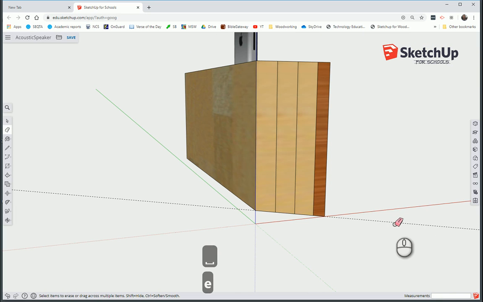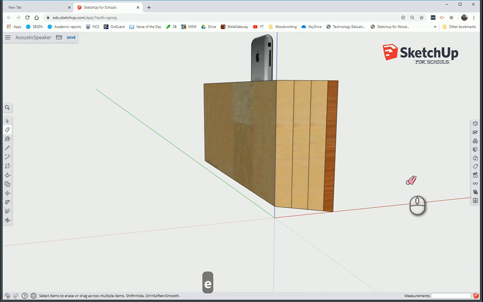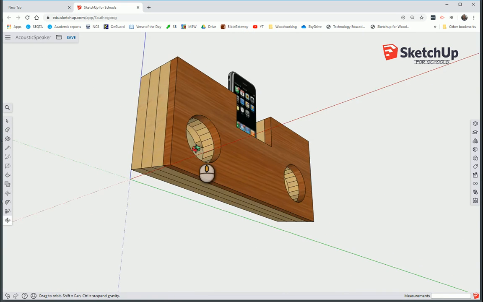We can erase this line. So E is the eraser. There we go. Now, yeah, that's got a nice